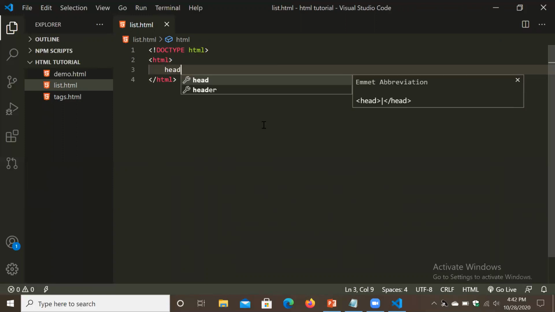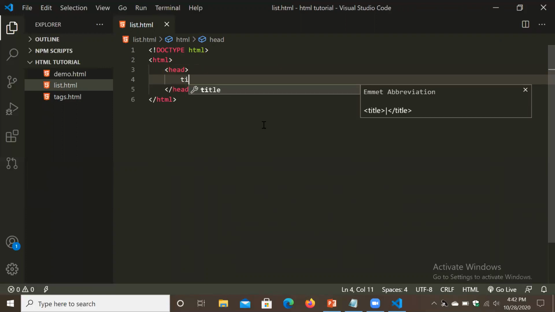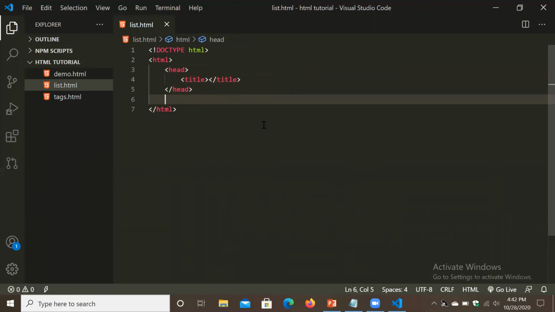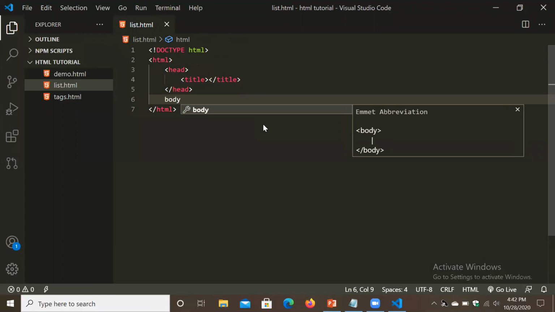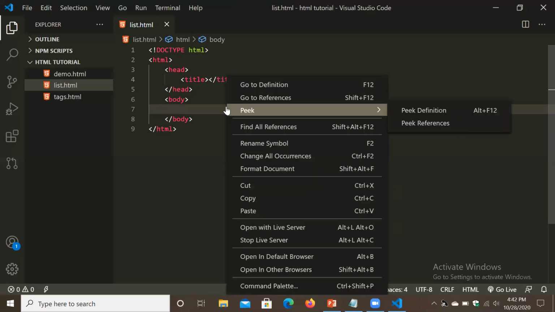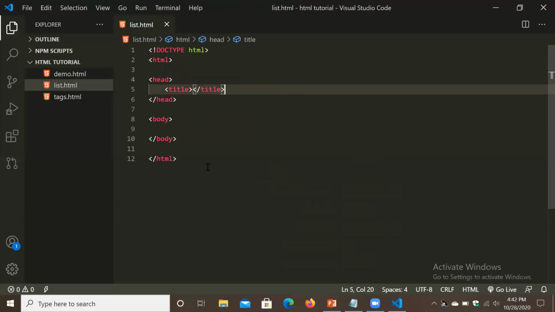Inside that, head open, head close. Inside that, title open, title close. And after head we have to write body open, body close. So this is the basic syntax of HTML, and we have to right click and format document. Okay, so this is the proper format.